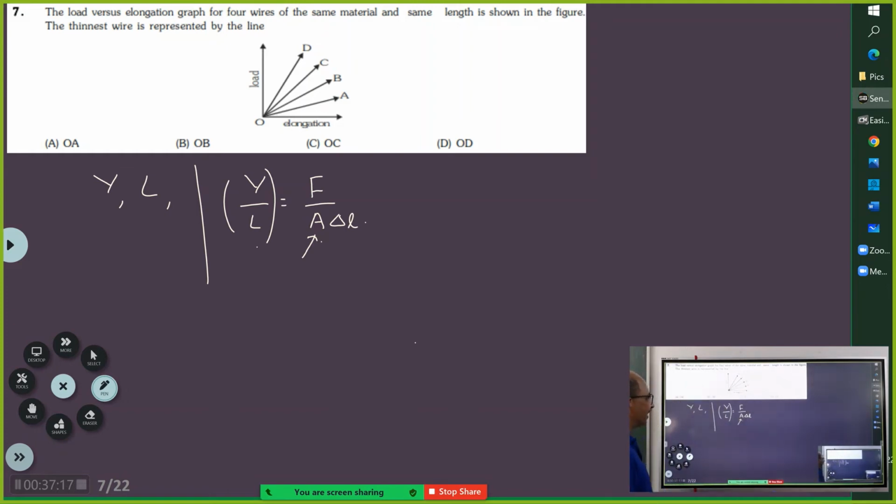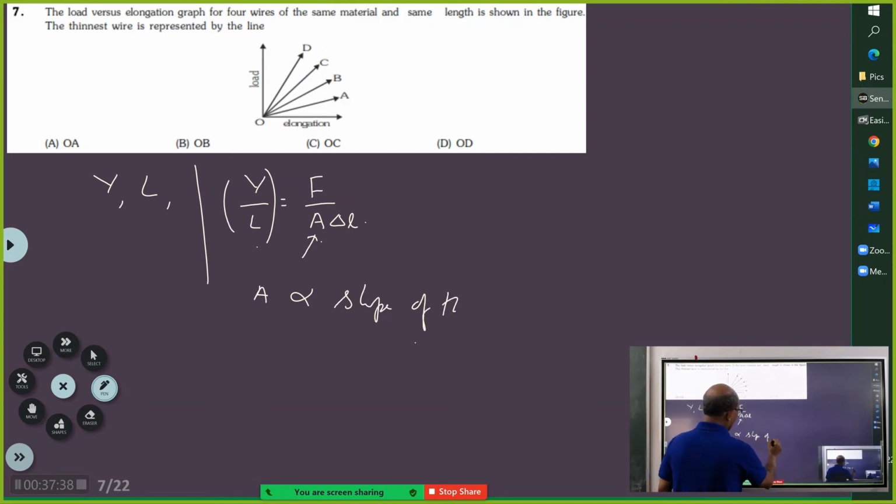No, from the graph you have to pick. That's what, sir. F by delta L is the slope of the graph, sir. F by delta L is the slope of the graph, correct? A is directly proportional to the slope of the graph. Okay, fine. Good way of thinking. So the slope of the graph is